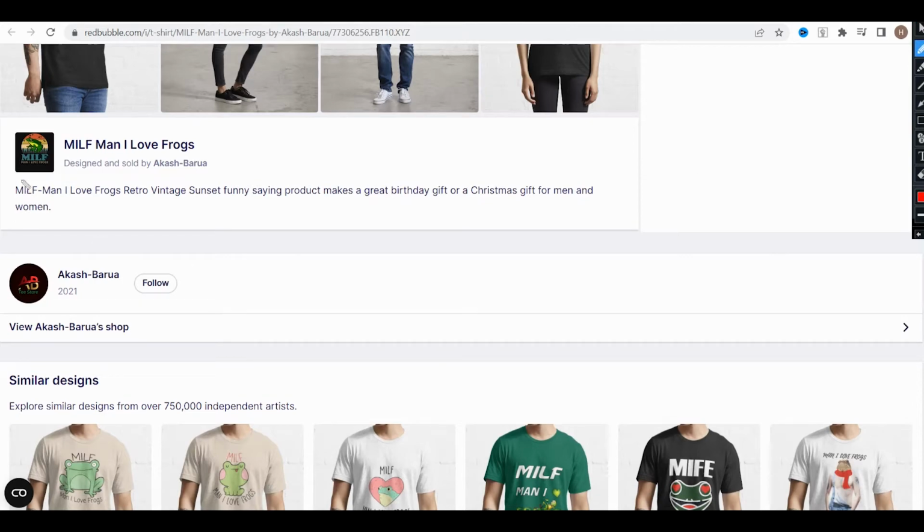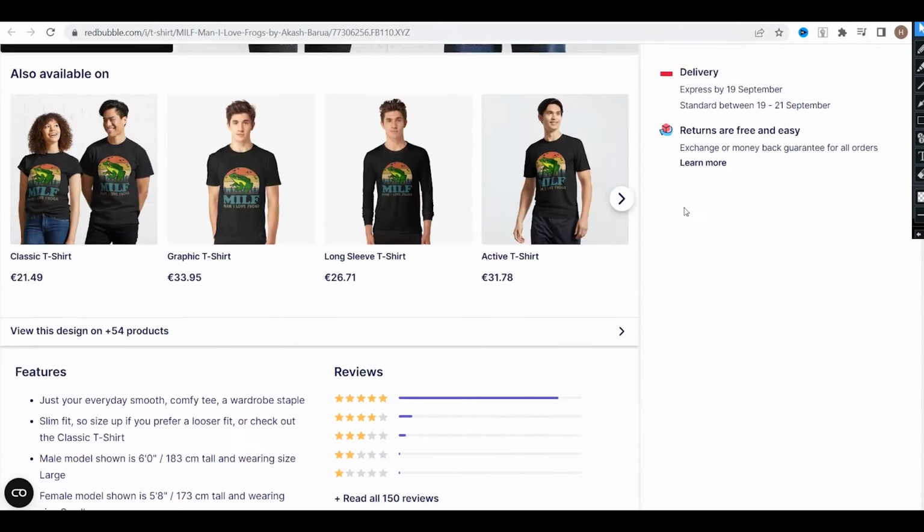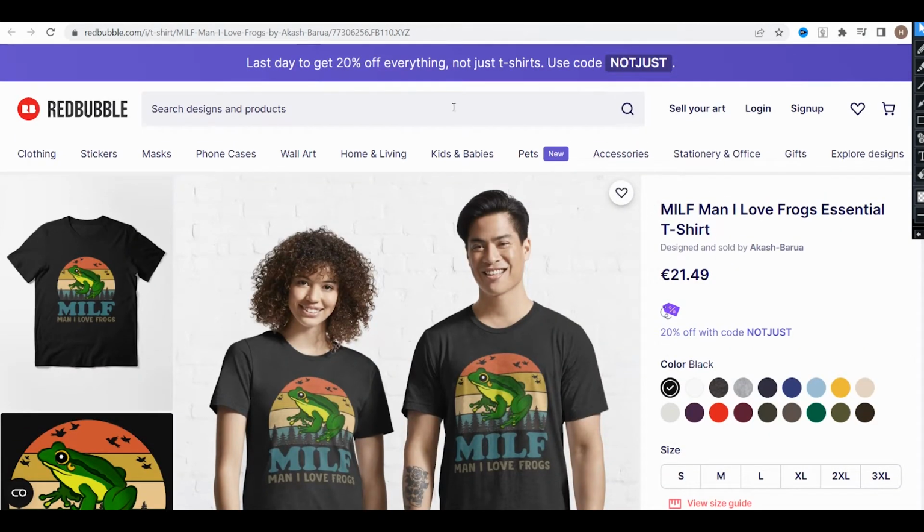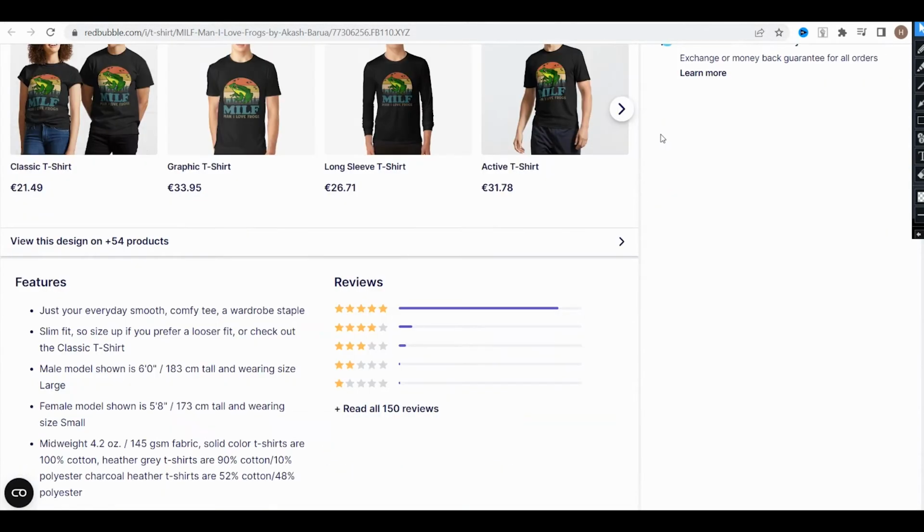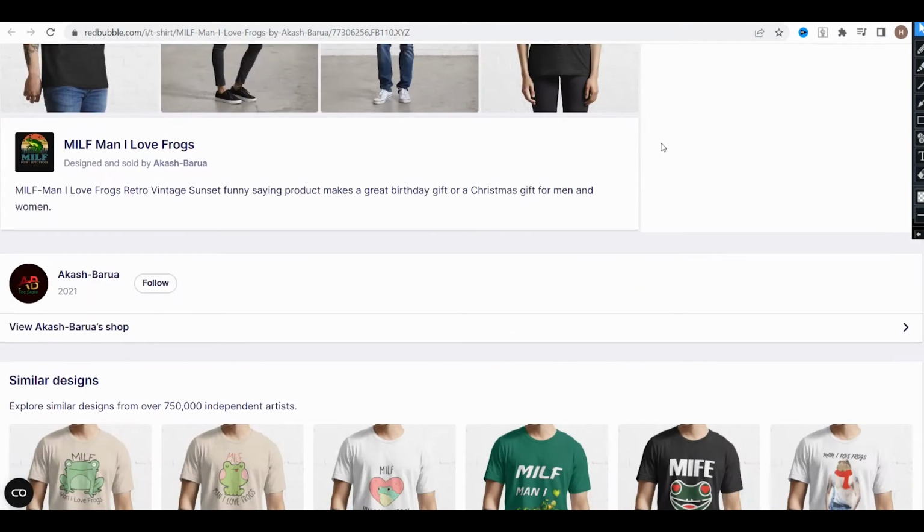And the third part of optimization is a description. Without a nice description, you can have good sales too, because it's not so important for a search on platforms like Redbubble, but it's a part that is visible in Google search, and if you are not making a good description for your listings, you will not have as many sales as you could.